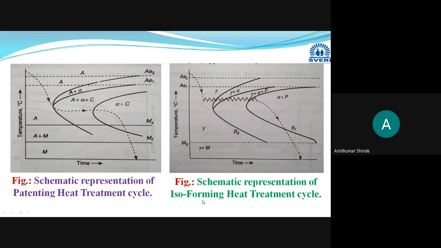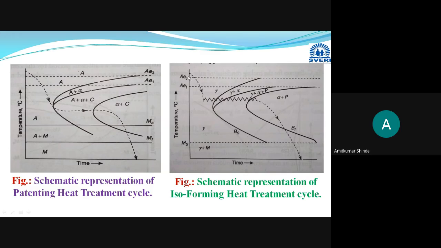Then the next heat treatment cycle is the isoforming heat treatment cycle. Here the heating cycle and holding time processes will be the same. Those two processes you have to write, and after that you have to add the cooling cycle. In that cooling cycle, the